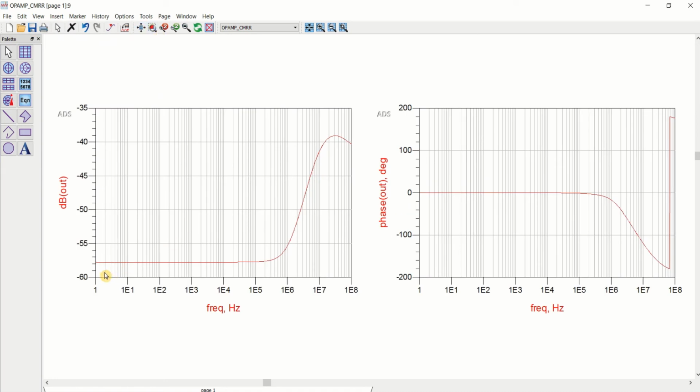You can measure the CMRR. Use the marker at 1 Hz. Exactly at 1 Hz, it is providing a CMRR of minus 57 dB. It is 57 dB.